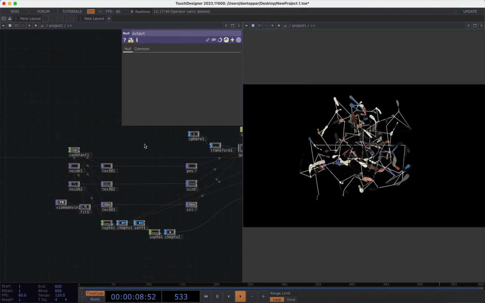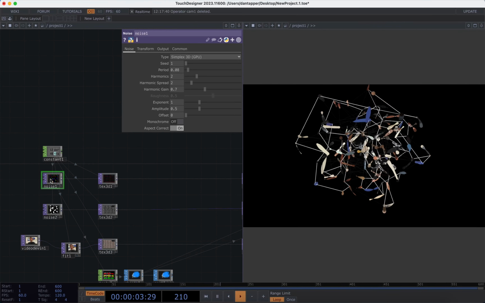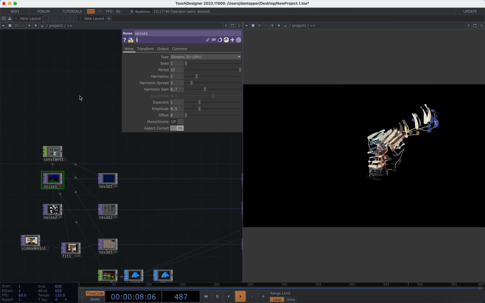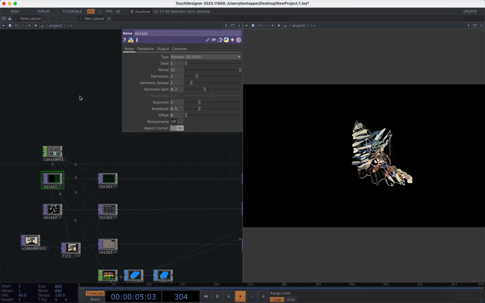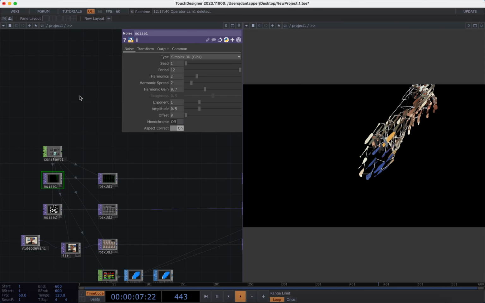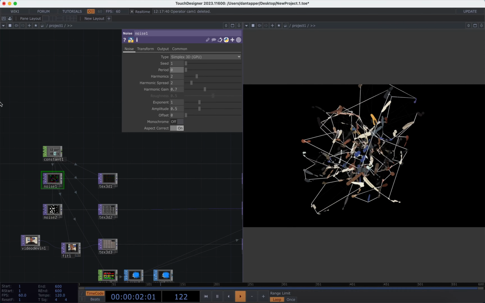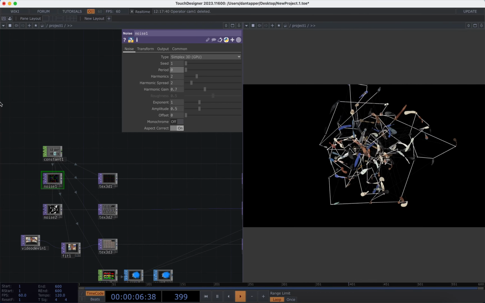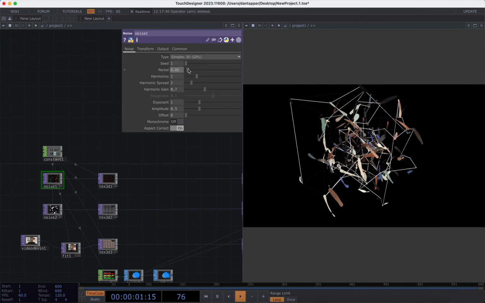You can do a few things to really radically change this network. One of the things that I think is nice to change is the period. If you make it super high, you get something that's much more consistent and organic, linked together by these interconnected lines. That can be a fun effect to play around with, or you can go the complete opposite direction and have something like we've been working on so far, that's a bit more random, where everything has its own agency and moves in that way. Or you can find something in between,